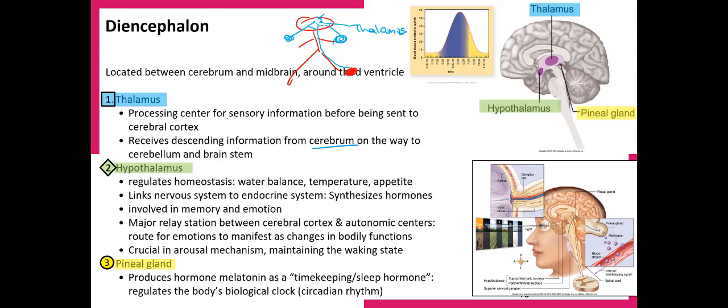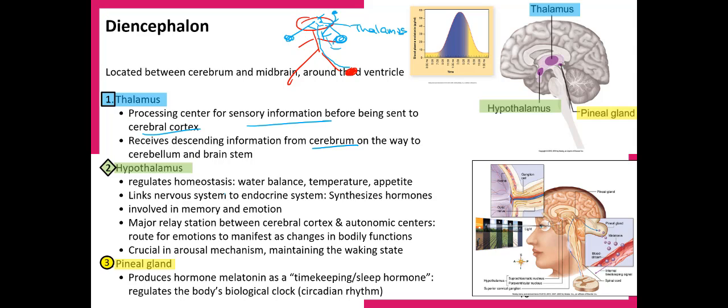So it's a processing center for sensory information before being sent to the cerebral cortex, and it also receives information from the cerebrum on its way down to the periphery, and on the way down to the cerebellum and the brainstem. The hypothalamus is the next major part of the diencephalon,